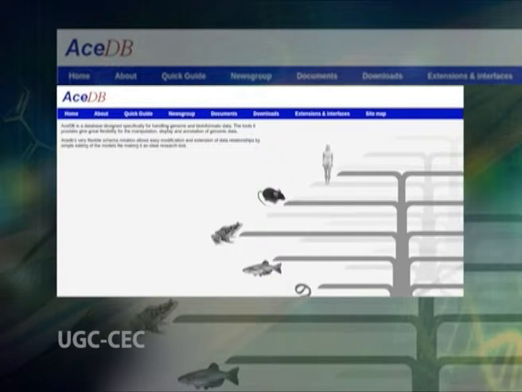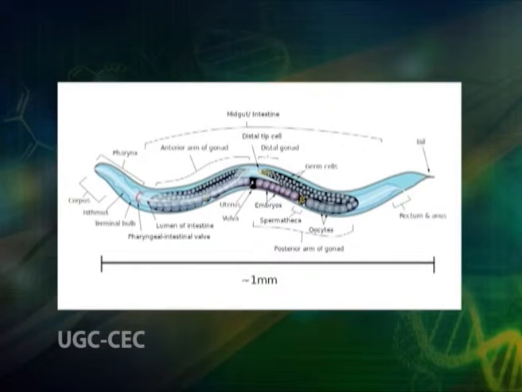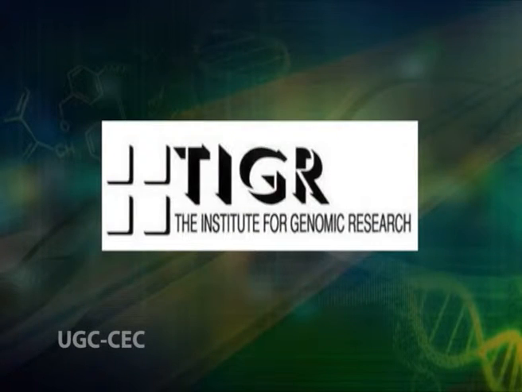ACEDB is another database which was originally developed for C. elegans, a nematode worm genome project. This repository contains the sequence, genetic map and also the phenotypic information about C. elegans, www.acedb.org. The Institute for Genomic Research, that is TIGR, at